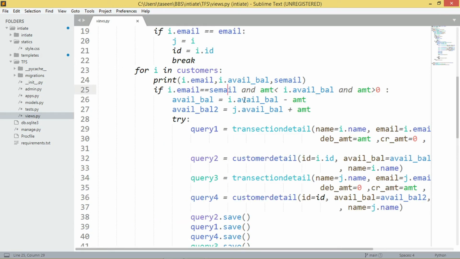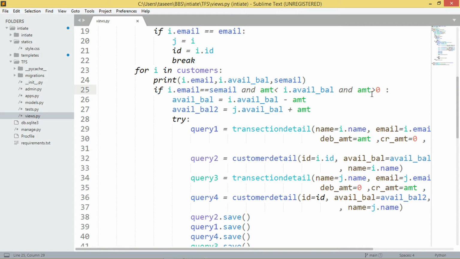After getting all the values from the customer table and from the form, we validate the values of the form against the customer table, and after successful validation we make changes in the available balance: from the sender's available balance we deduct the amount, and in the receiver's account we add the amount.